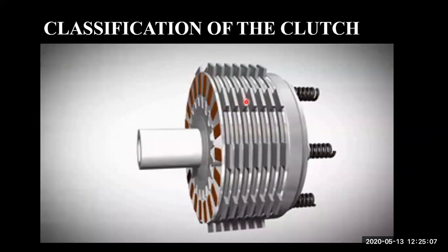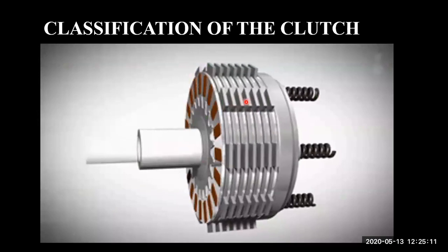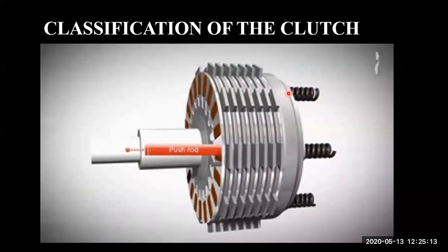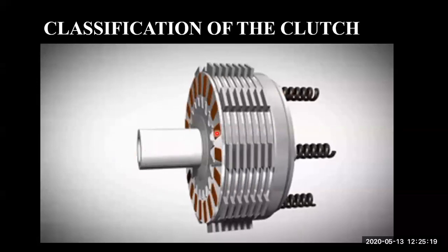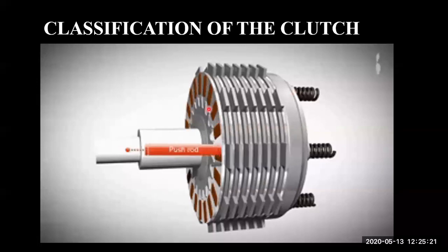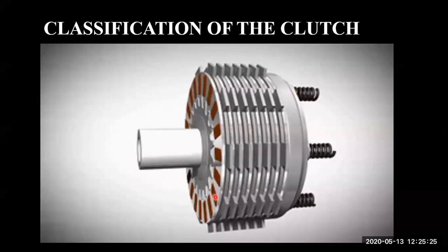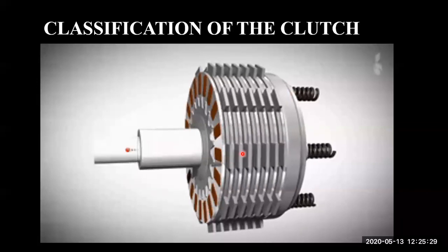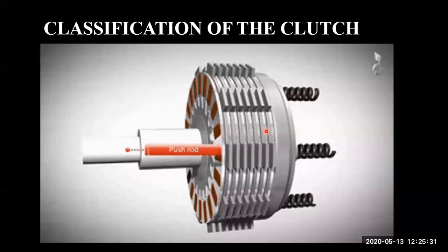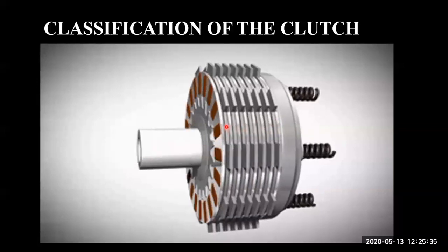So this is a plate clutch which is using multiple plates in between. You have compressed springs here, and you have a spline shaft which is running inside of this shaft. The brown ones which you can see here are all the linings, the friction material linings. And like this plate, you have several plates in between which are contributing for that